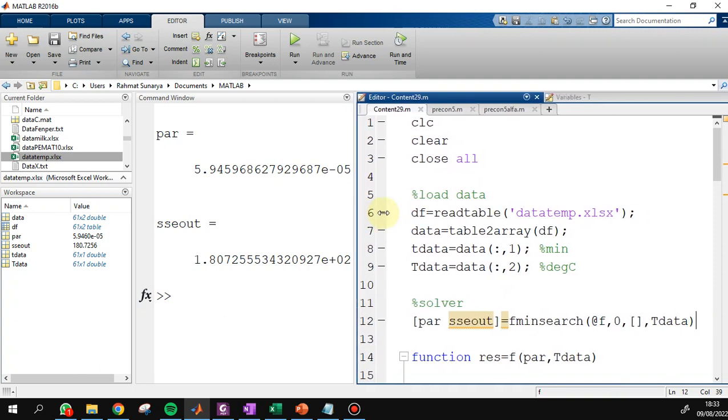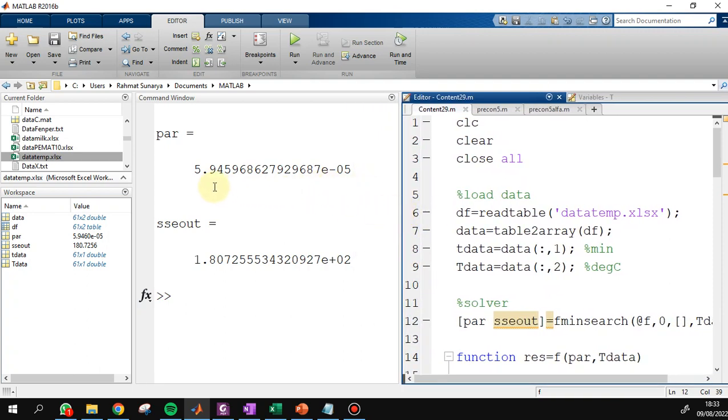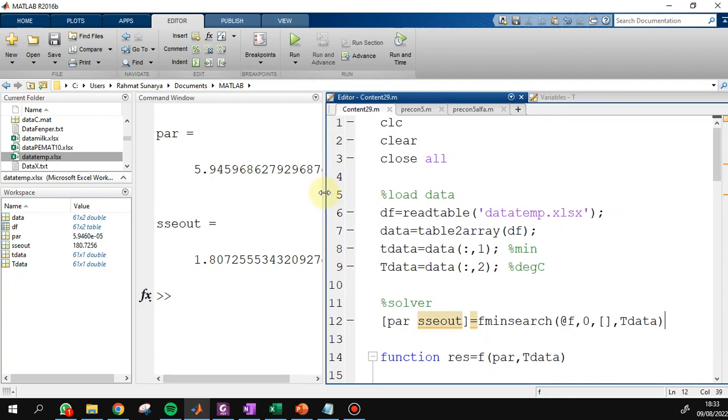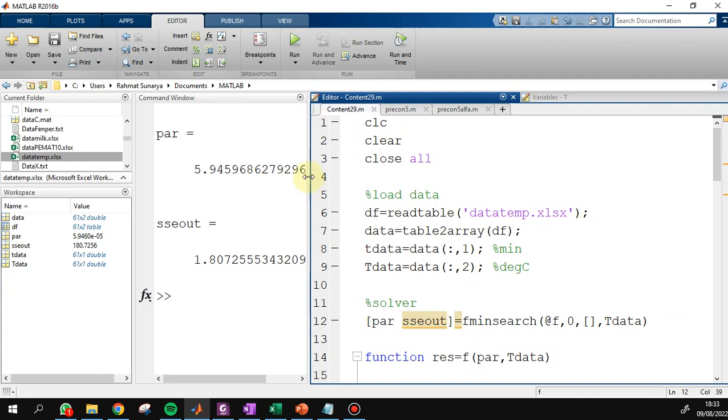We find this parameter. The parameter is 5.9. We need to recalculate this equation and plot the data to compare T-data and T model.